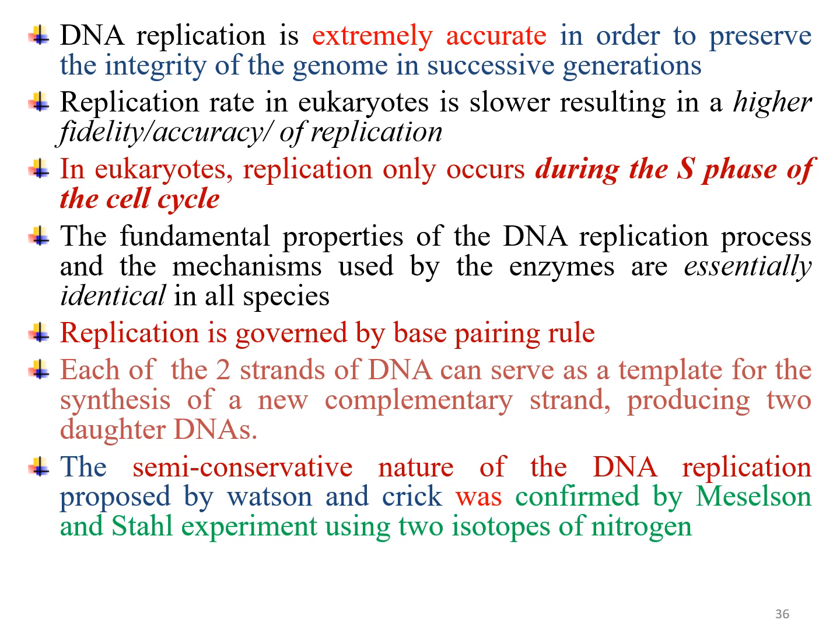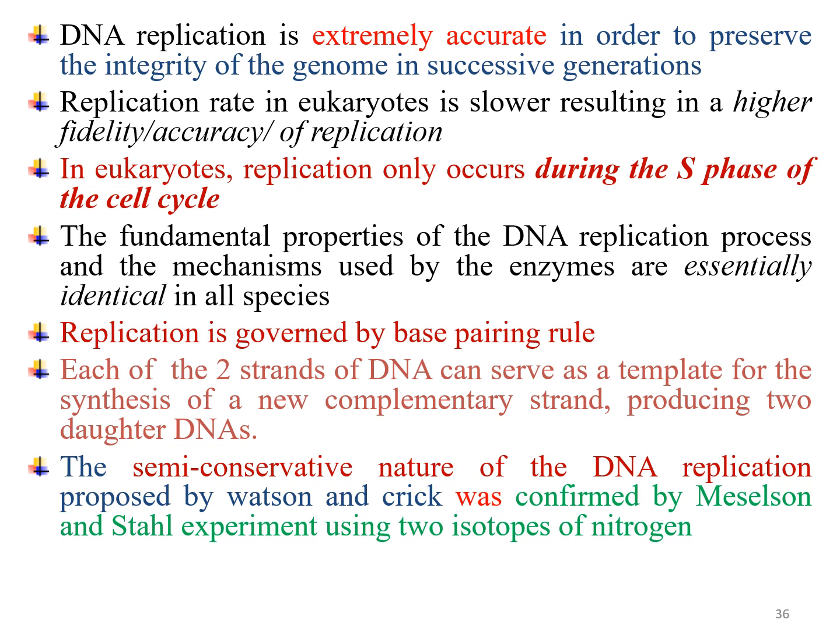In eukaryotes, replication only occurs during the S phase of the cell cycle. Actually, we have different phases of the cell cycle, but replication in eukaryotes can take place only in S phase. The fundamental properties of the DNA replication process and the mechanism used by the enzymes are essentially identical in all species, and replication is governed by the base pairing rule, or Watson-Crick base pairing rule. Each of the two strands of DNA can serve as a template for the synthesis of a new complementary strand,